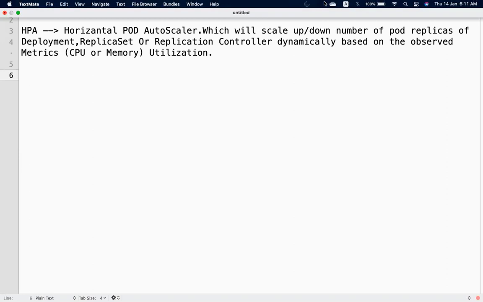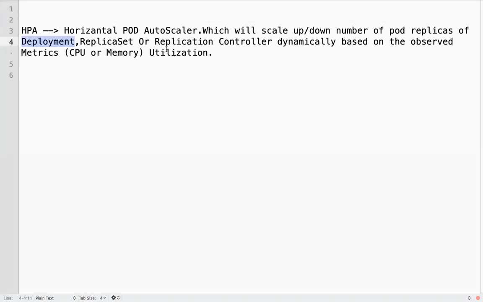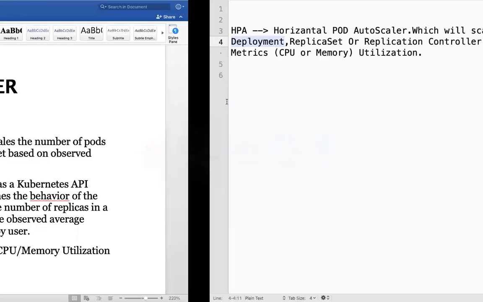This is one object which we can create for a replica set, replication controller, or deployment, which will scale up and scale down the pod replicas based on the load.